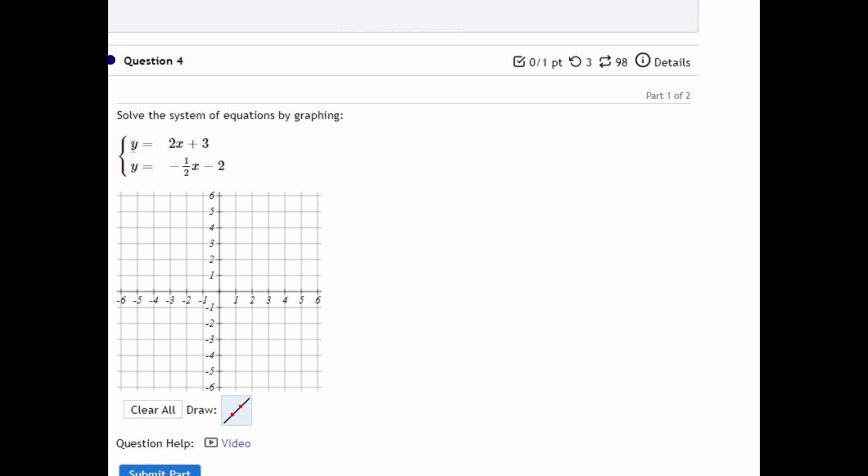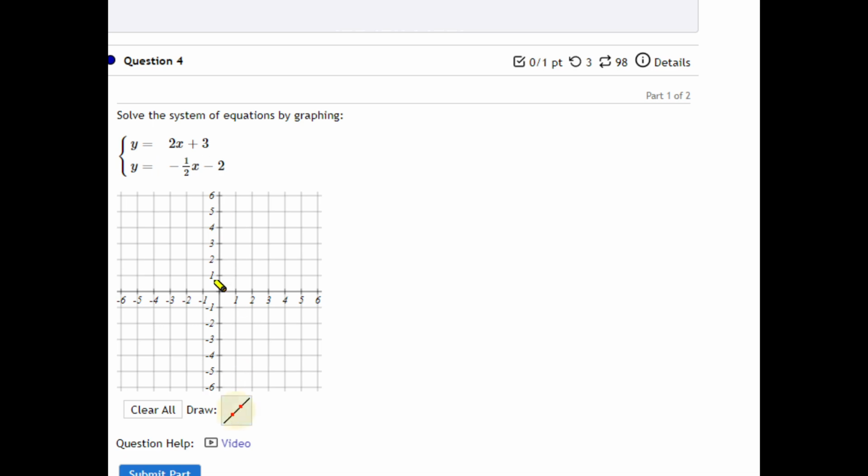Both equations are y is equal to, which means they're in slope-intercept form. So I'm going to graph both of them the same way. So this is y is equal to 2x plus 3, which means I start at my y-intercept, which is positive